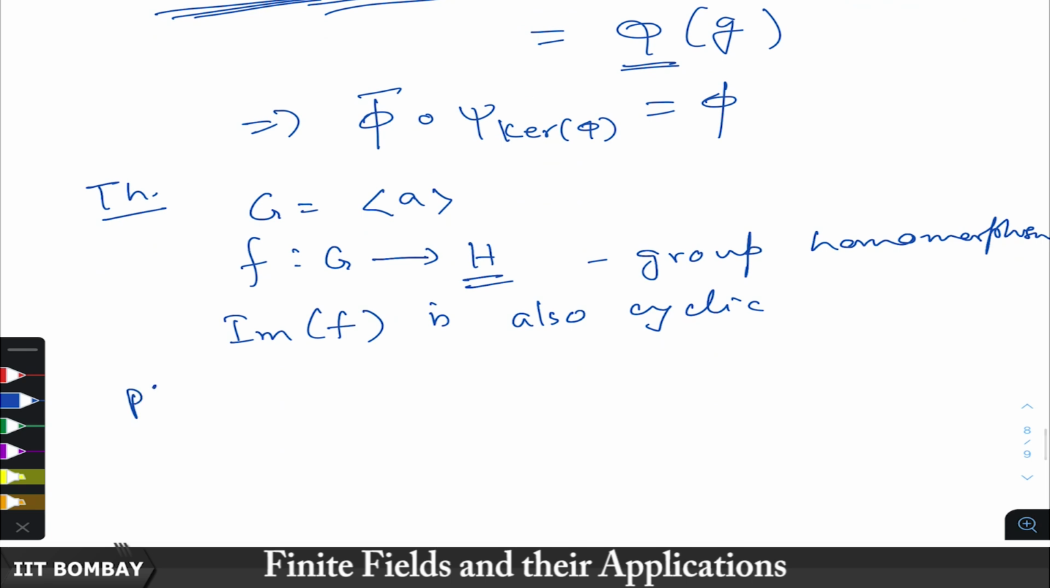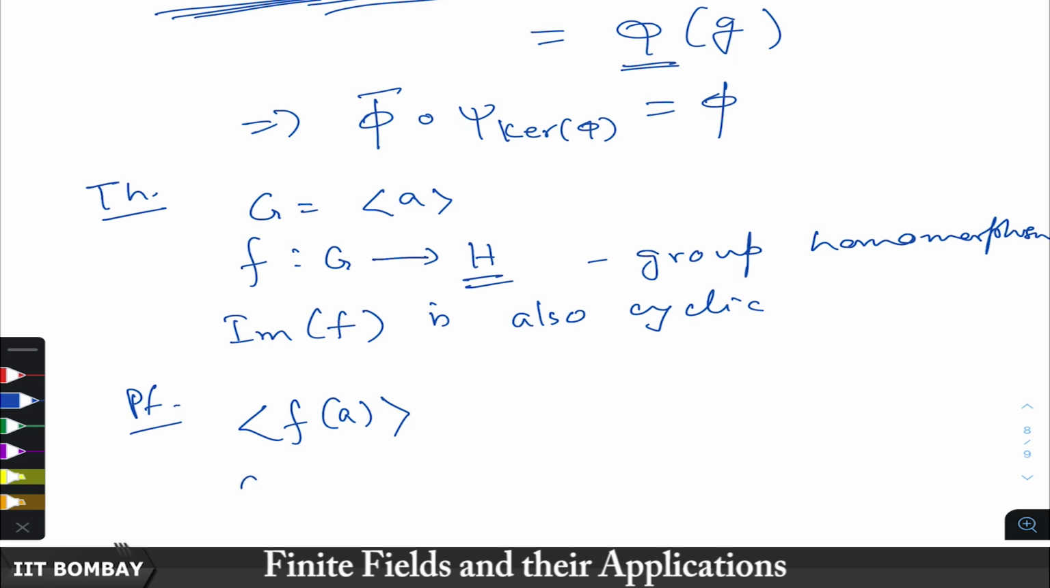Right. So, the proof is very simple. Basically, we show that the image f(A) is generated by f(a). Okay. So, because we know that